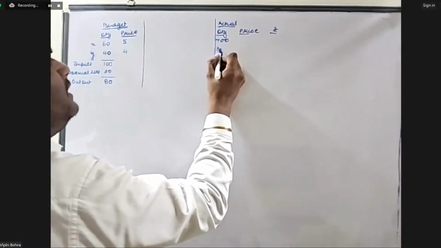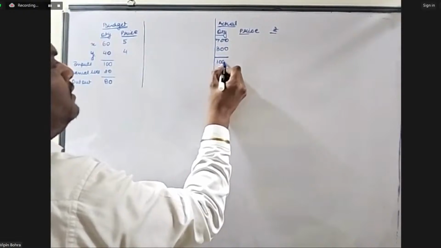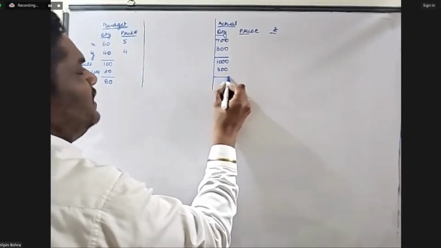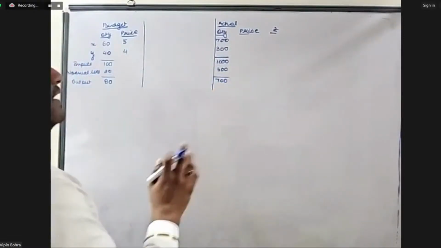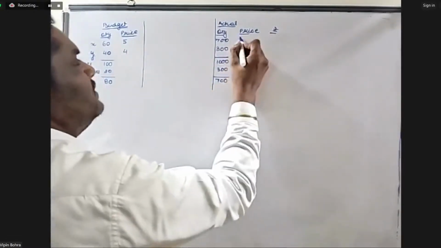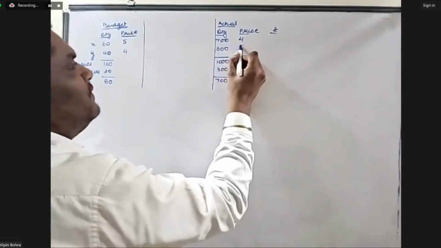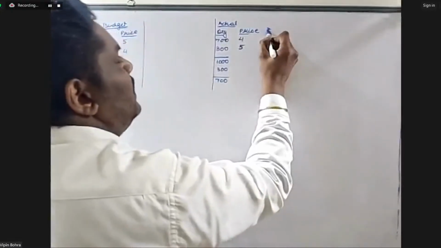For Y, it is 300. Total inputs are 1000. The actual loss was 30% of the input, so it is 300, and my actual output is 700. Further, when talking about the actual price, they purchased X at the rate of rupees 4. They purchased Y at the rate of rupees 5. So my total amount